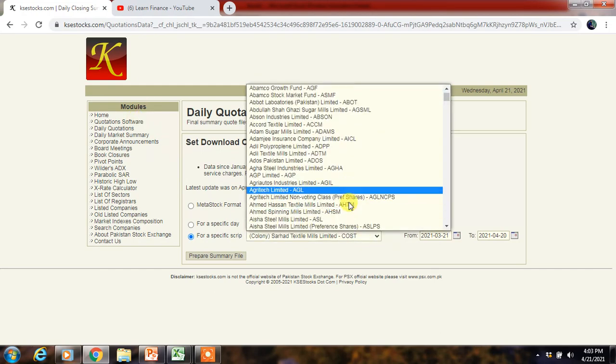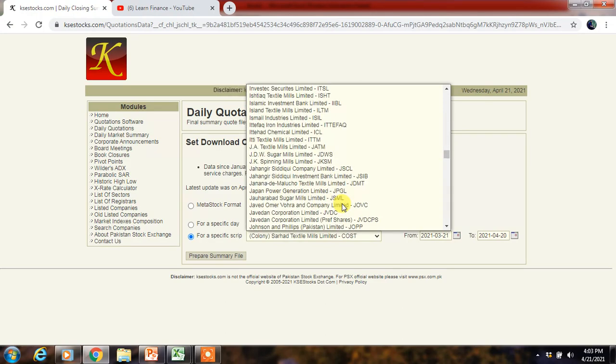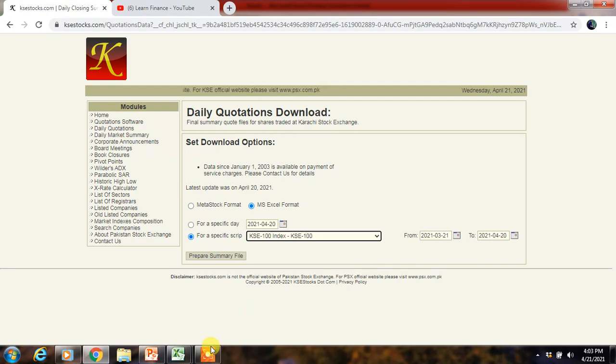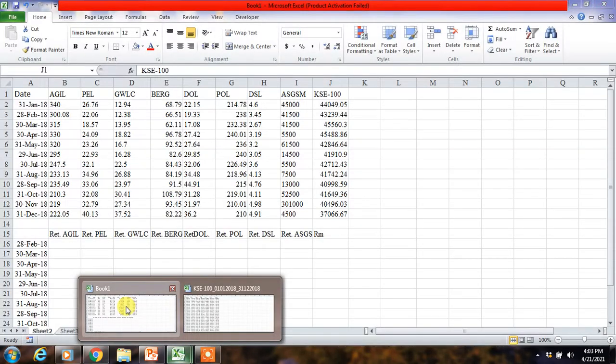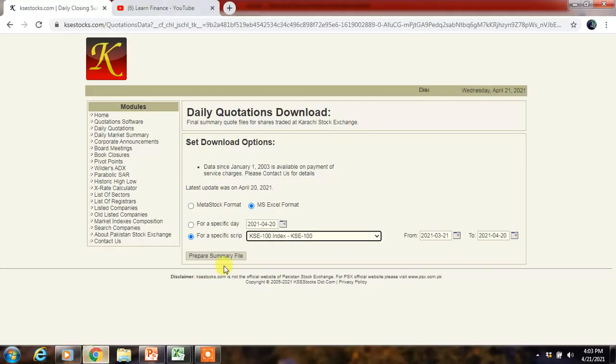You may select here KC100 index, or if you are interested, the KC all shares index. For example, this is the KC100 index. And my dear students, you have to take care of the dates also. The dates of the KC index data and the other firm data, of all the share prices and the index, should be the same. So you can select the particular dates of the KC100 index in which you are interested.